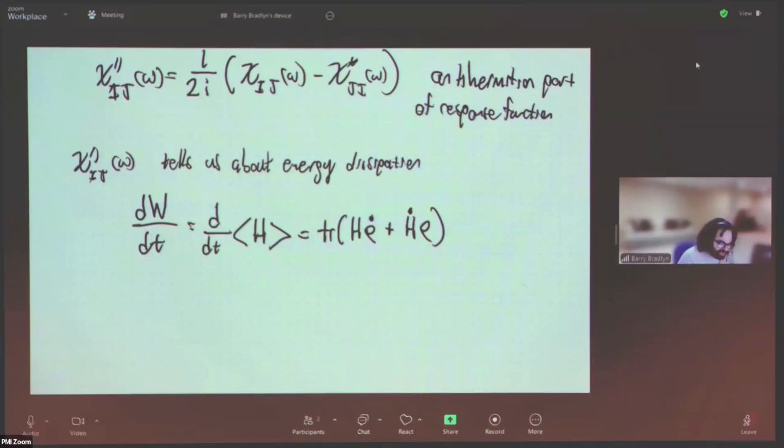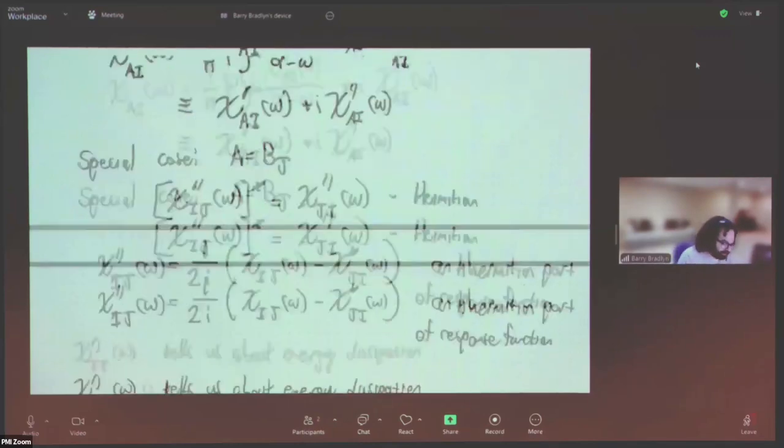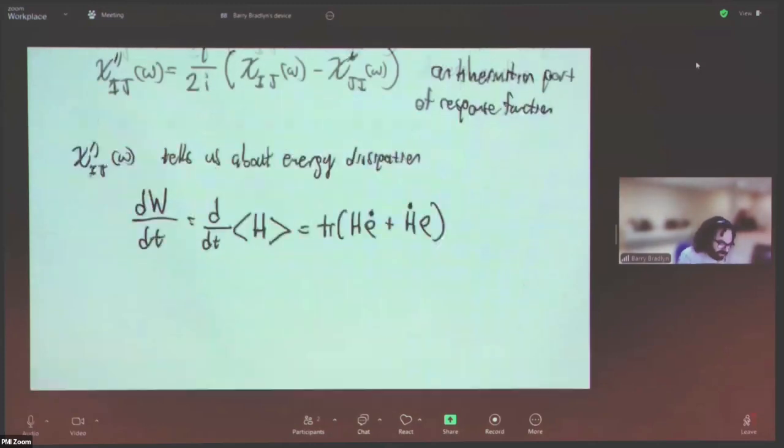We saw from our Dyson series that the time derivative of the density matrix is, well, it's our Schrodinger equation. It involves a commutator of the Hamiltonian with the density matrix, so the trace of this term is actually 0. And we know what the time derivative of the Hamiltonian is, it's just the time derivative of the perturbation. So this is equal to the trace of our perturbation